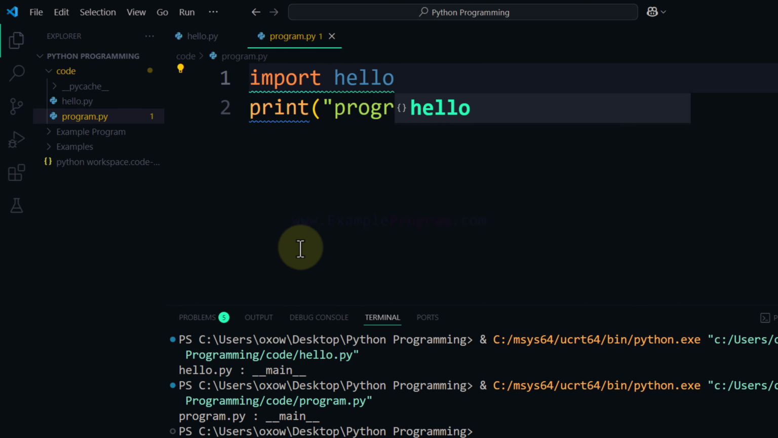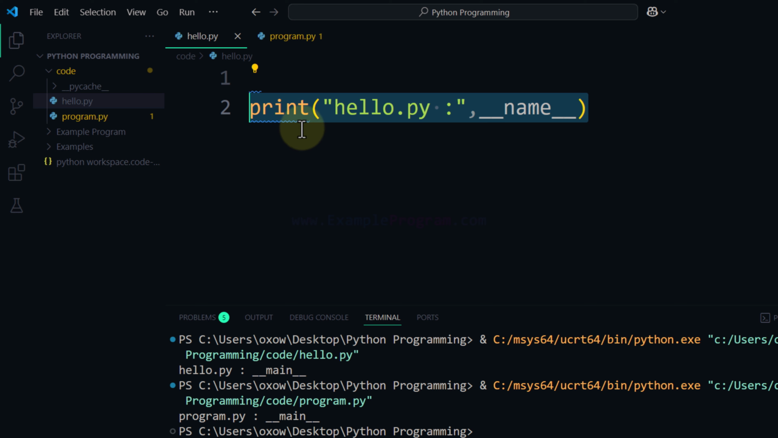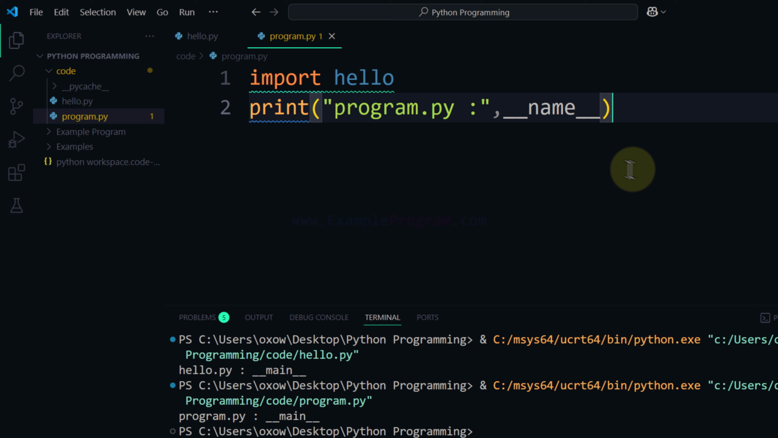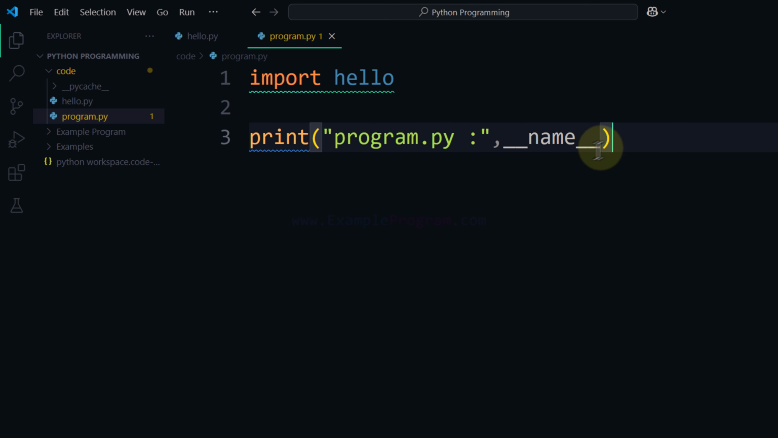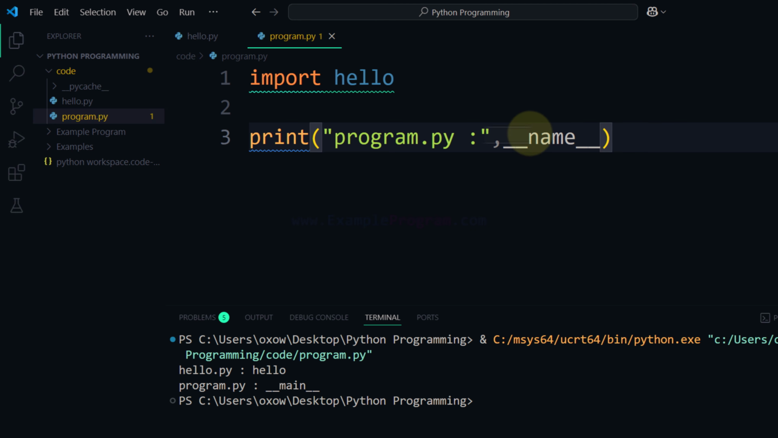Now what I will do is in this program.py, I will import the hello module that we have. So we will import this hello module, and right now it contains this print statement. So I will come back to this program.py, and now I will run this file. When I run this program.py, what happens is we get hello.py, hello, program.py,